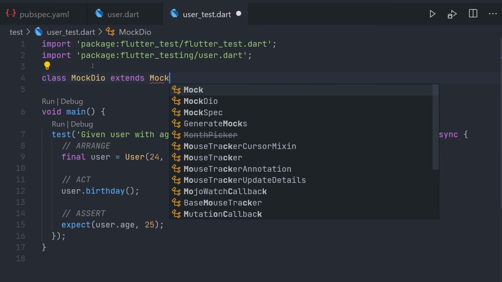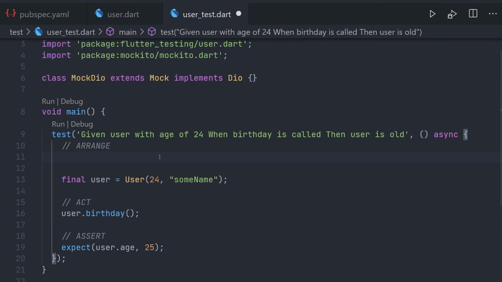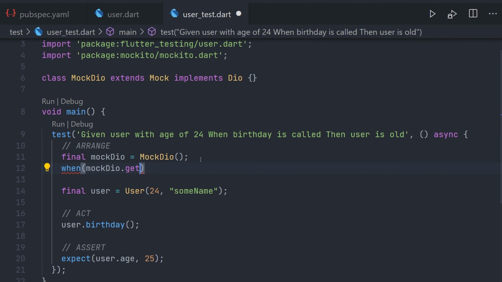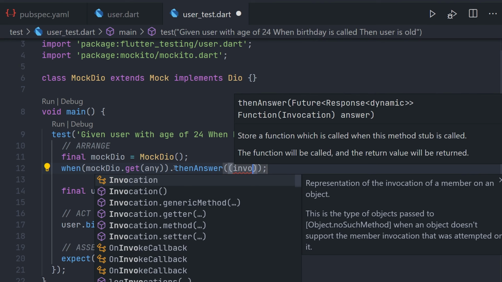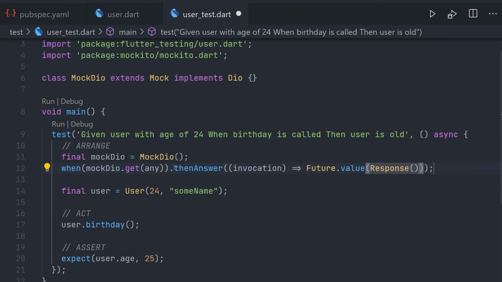But instead of giving it the DO client, we can actually create a mock of this DO client. We can do this with the following syntax. We can also decide what this DO client will do when we do a get call. So when we do a get call, we're going to force this mock to return something. As this is asynchronous, we'll use then answer, and the response will just be a response object. Now when we pass this mock to the constructor, we have full control of this dependency, which makes it completely testable. Now moving on to widget testing.